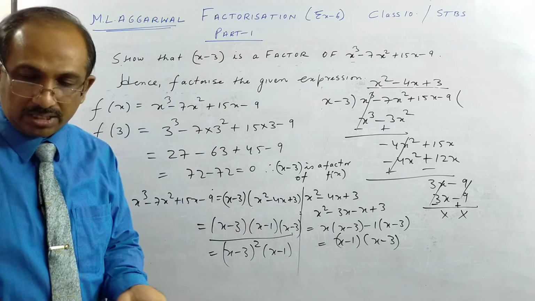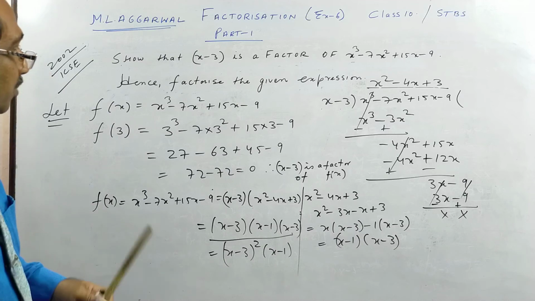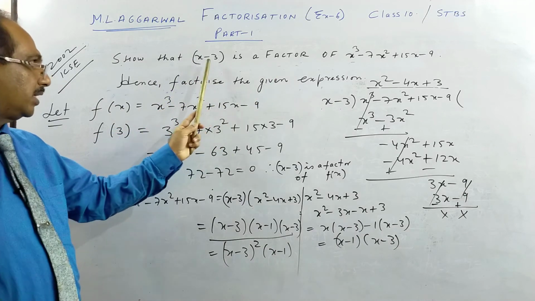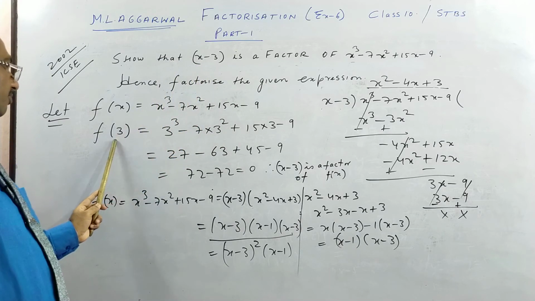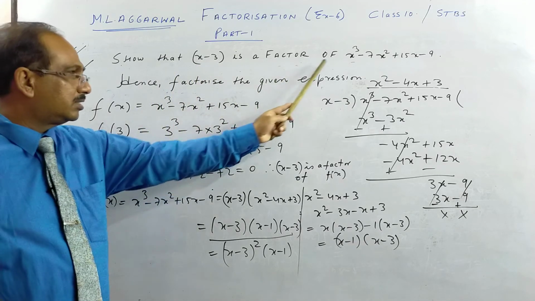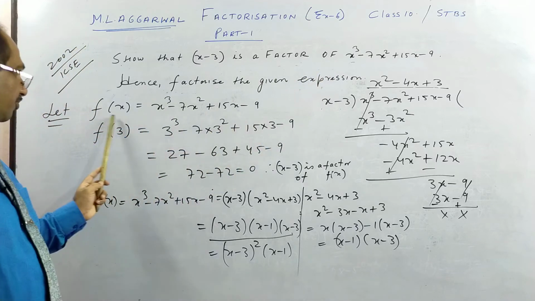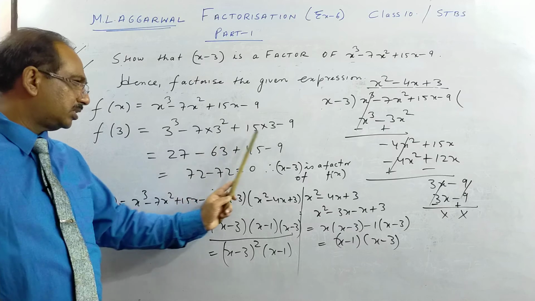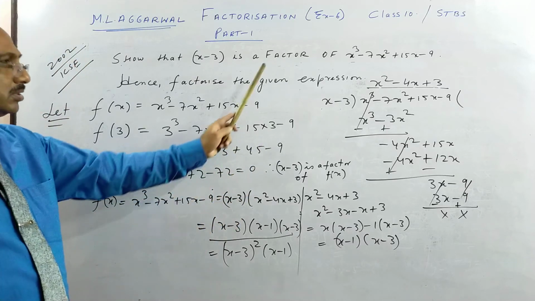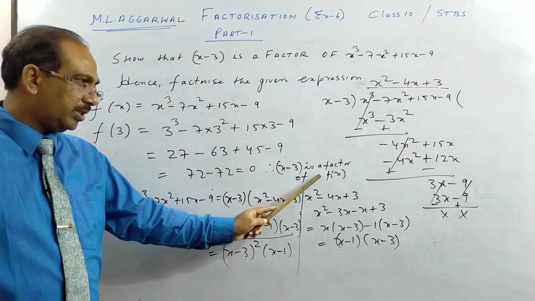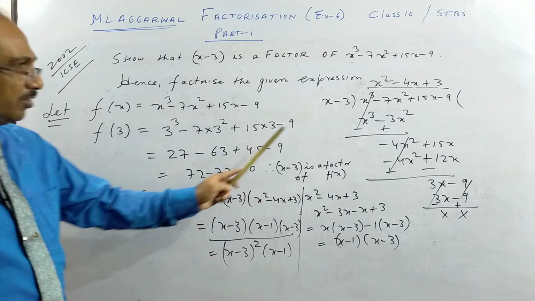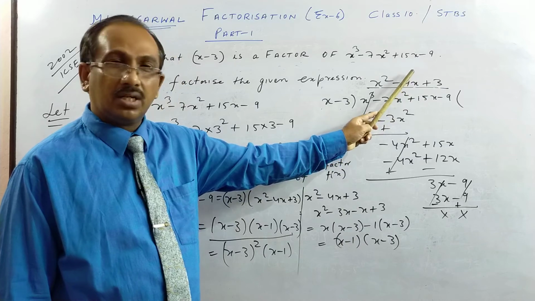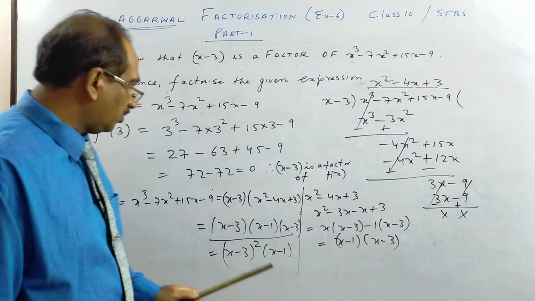Once more I'll explain this particular question. When x minus 3 is a factor, change the sign and take f(3). This is f(x), a cubic equation, a function of x. Wherever x is there, you put 3. We will get 0 because it's a factor. This is how we show it's a factor, 1 mark here. Then we do traditional division. When you do the division correctly and get the correct quotient, it will give you another mark. Second mark you will get there.